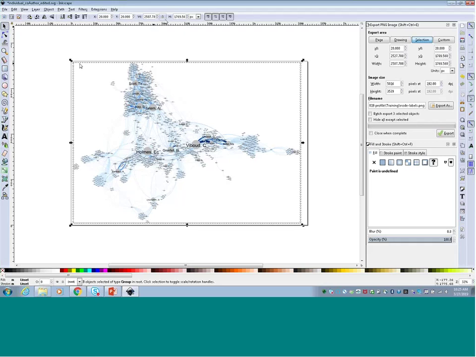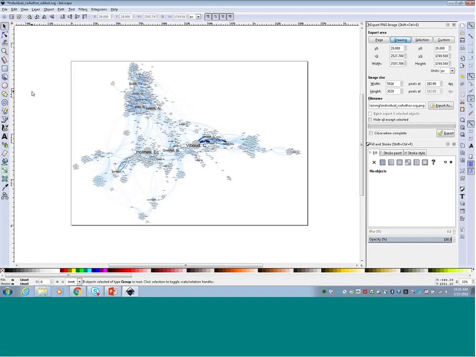There are some other things. You can change the size of the entire thing. If you wanted to scale it up or down, you can use some of these arrows to change the size. I don't do this very often. I tend to prefer to keep the size as is and then just change the size of the bitmap image, but you could do that if you wanted to. You could also rotate the whole thing. You could work with the layers and all kinds of other things like that in here. But for this purpose, we're good to go.